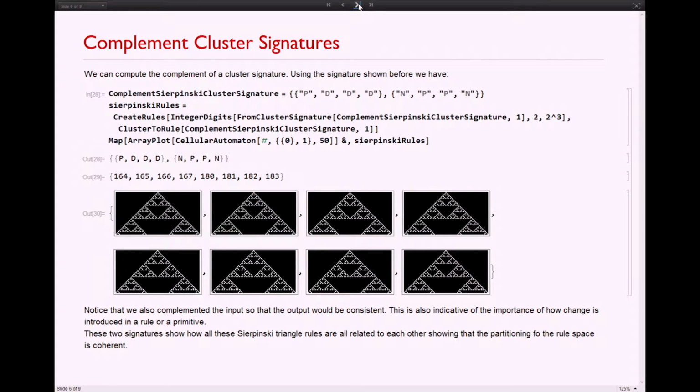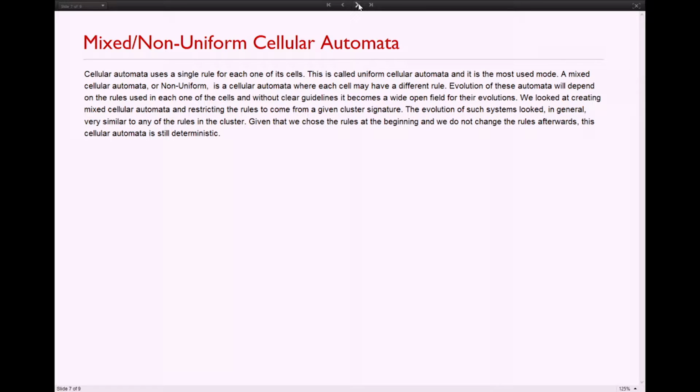Okay, let's keep going. Then we tried mixed ANDs and ORs, otherwise known as non-uniform cellular automata. What we did was have a random distribution of the same exact rules. Those 8 Sierpinski's triangles, we would take every single one of those and randomly distribute them into a column for a rule, and then we would evaluate down. So this particular cell evaluates as if it were Rule 90. This cell will evaluate as if it were Rule 218, and so on and so forth, and we evaluate down, and it creates the same exact image as the base rules, which we will show you in just a minute.